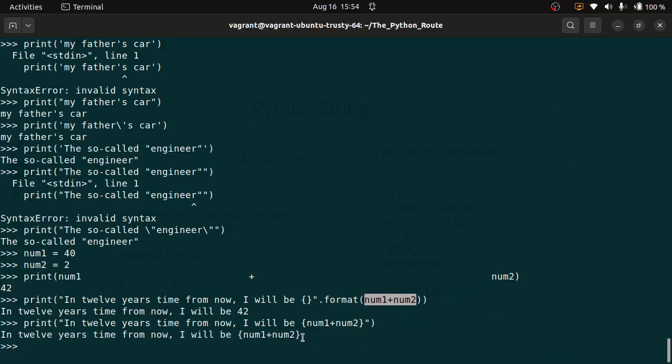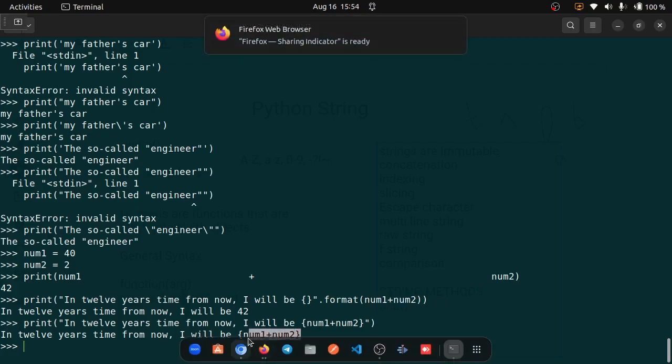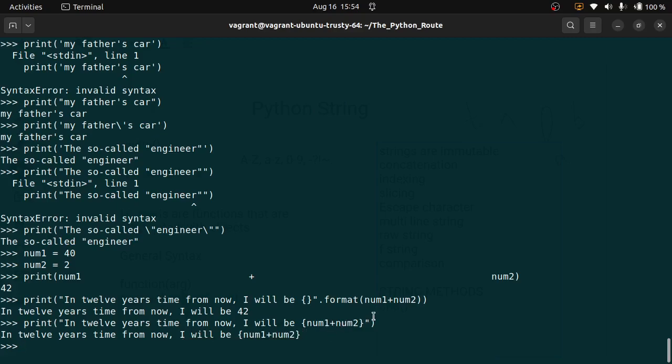We wanted it to give us the sum of the numbers and not just print that. But if we add f at the beginning, like this,